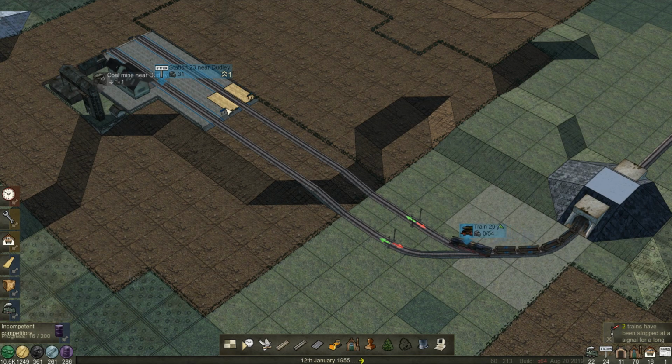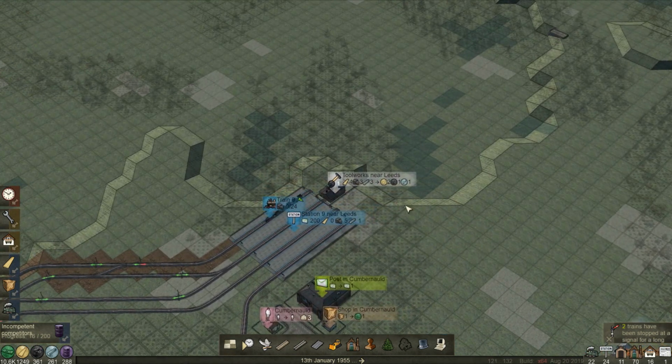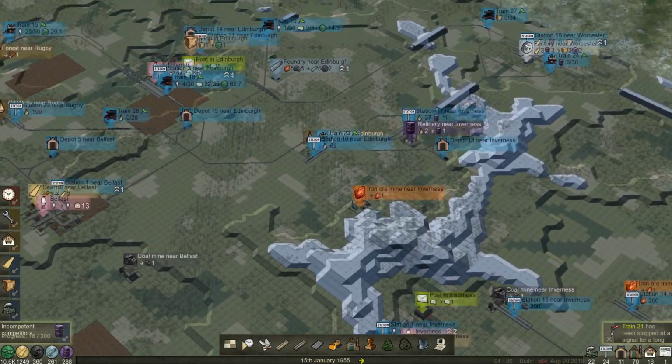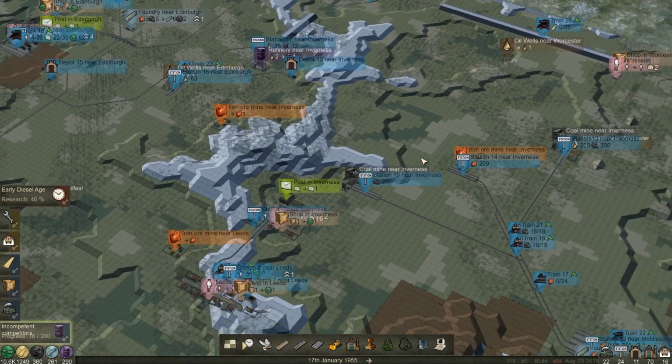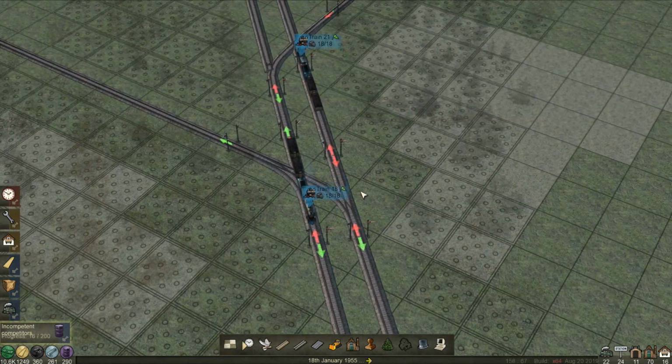So our train will come in and pick up the coal, which is all very good, and then it will transport it over to the tool works, and it will then turn the coal into the coal coins, which we need as a resource, and eventually we should have enough to advance to the next stage and get new trains. So overall, I really love this game. This is a really great...